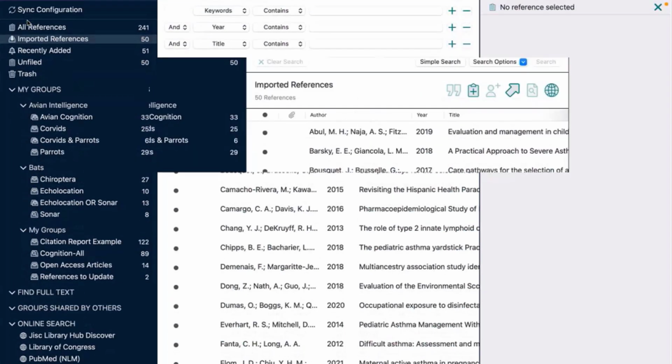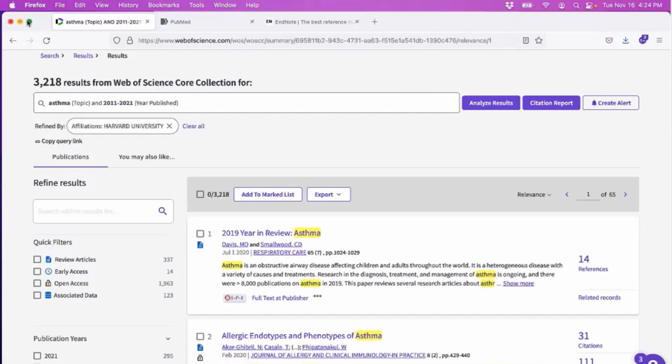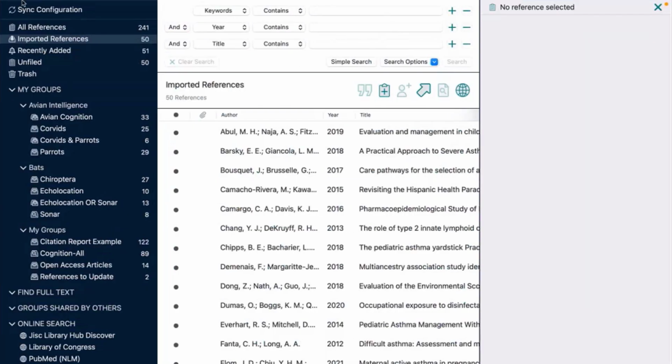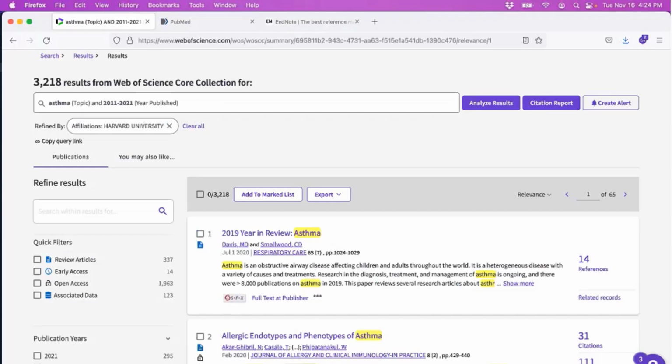If we go full screen here where you have to swipe and you go like this, the browser can't get to your library, and you might get a prompt to open your library even though it's already open, or you might get a prompt saying it can't access your library. That's something you can avoid when you're performing a direct export like that. You want to make sure that you can see the browser window and your library window in the same display essentially. So right now I've got both windows, one overlapping the other.